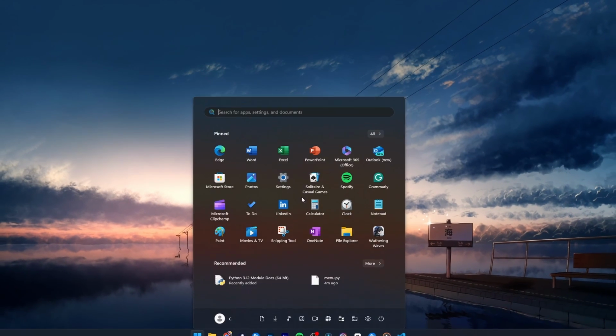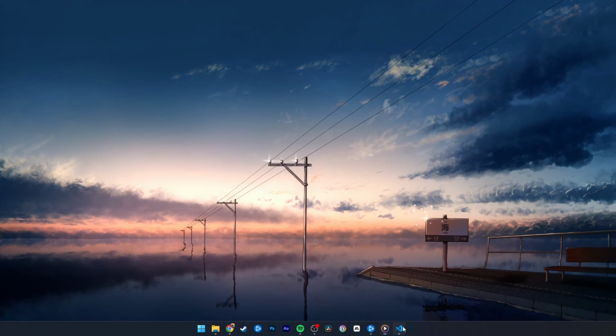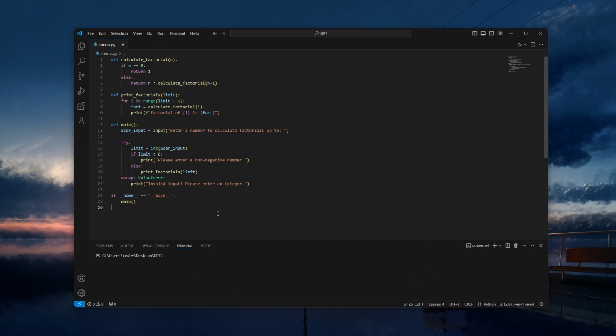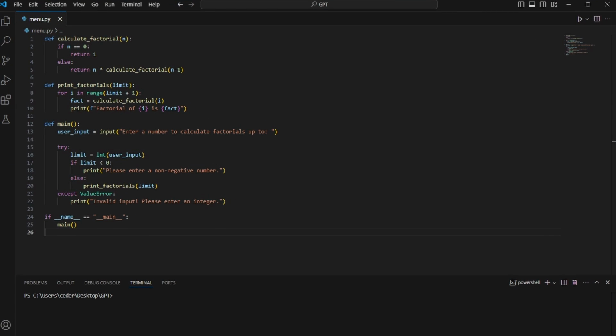Once Python is installed, open Visual Studio Code. To verify that Python is properly installed, open the terminal inside VS Code by using the shortcut Ctrl and backtick. Then type python -V. This command will show you the version of Python you have installed, confirming that everything is set